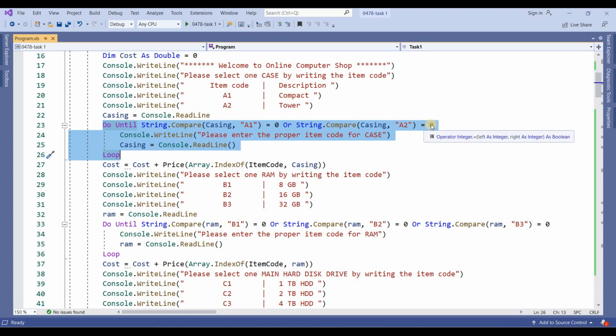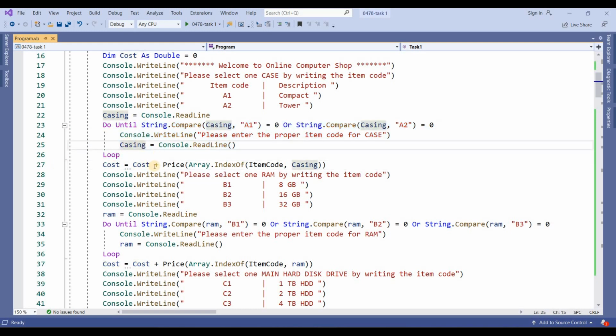If both match, it will become 0. It means this loop will continue until you enter A1 or A2. If you enter a different value, then you cannot move from this line, from 23 to 26. When you move on, you will have entered capital A1 or capital A2. Okay, this is for validation purpose.